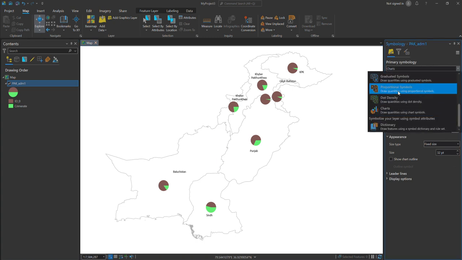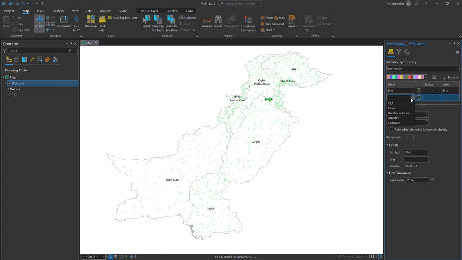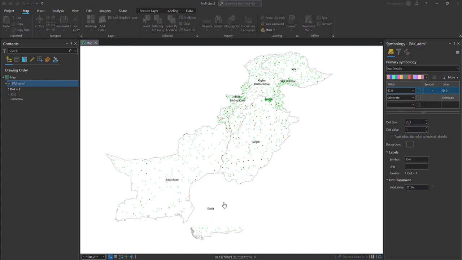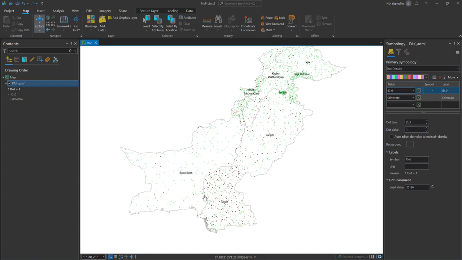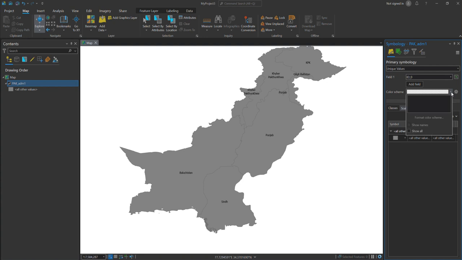You can also check your dot density chart. If I give the data of crime rate, you can easily check where the red dots are more. So in this area red dots are very many. You can also show your different one. You can go to unique value, and for example, if I use this one, and go to your class A. Okay,